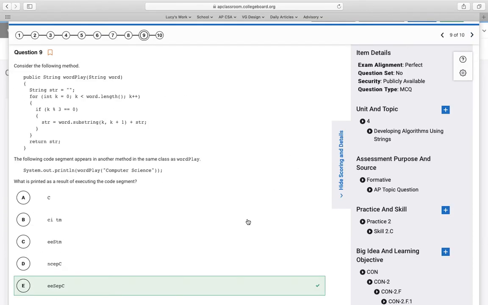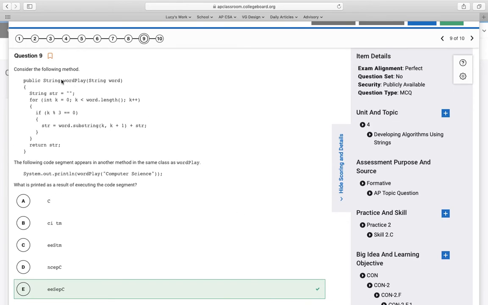Question number 9. So over here we have a method called wordplay. Wordplay will take in a word, and then it will return a new string. And let's see what it's doing in here. So it creates an empty string called str, and then we have a loop. The loop starts at 0 and will go to the word length. Actually, because this is not less than or equal to, it'll stop one position before the word length,